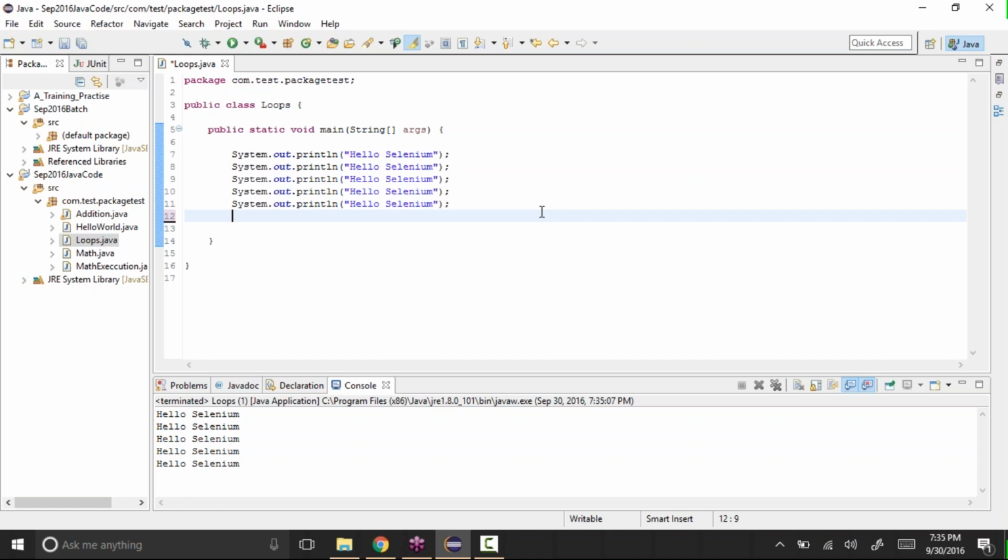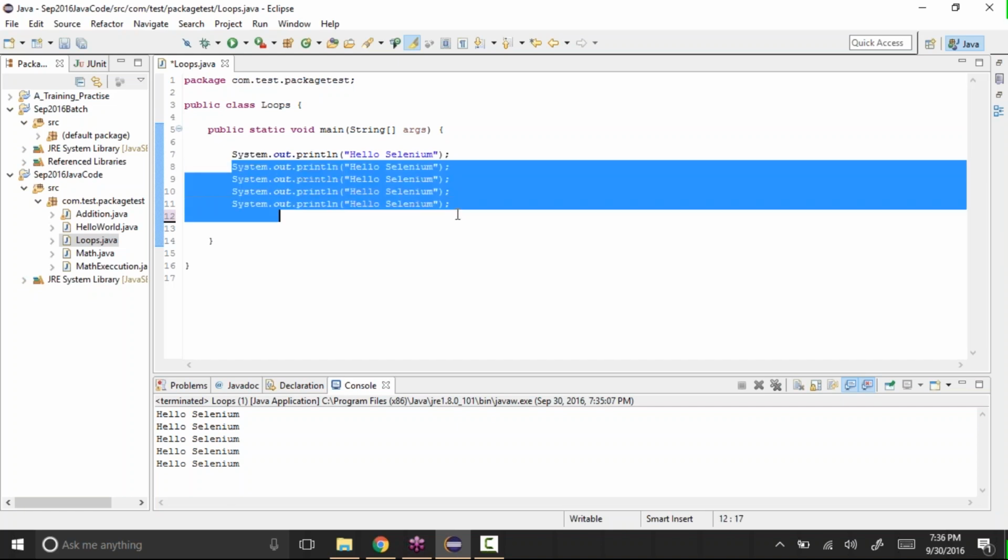Even if it is one line for 1000 times, okay, let's copy it. But let's say you have 100 lines of code and you want to execute that code 100 times or 1000 times. So it's like 100 into 100 or 100 into 1000. We cannot copy the code like that. So instead, we can use something called loops. In Java, or in a programming language, we have loops which can be used when we write the code. The first one is the for loop.